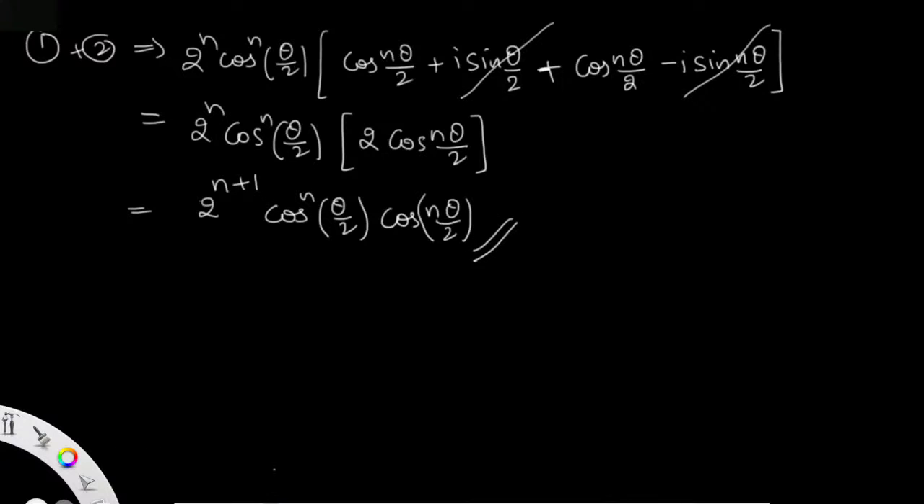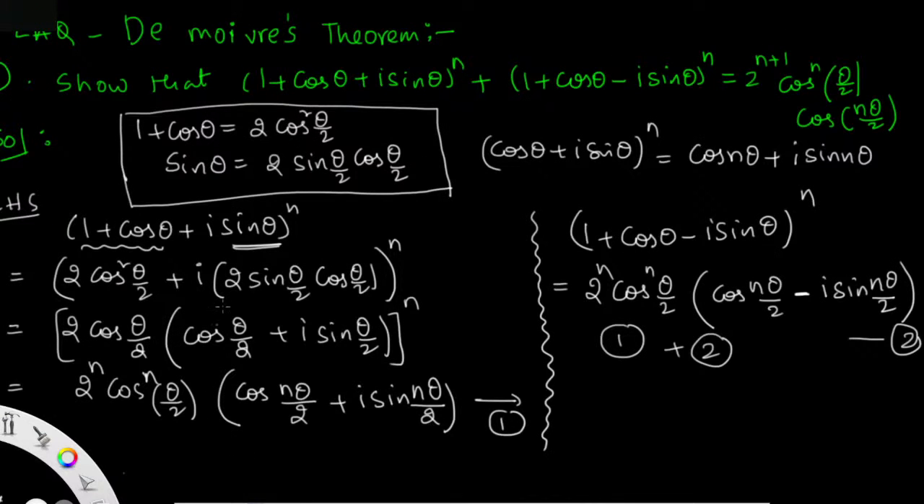So what is the question given? 1 plus cos theta plus i sin theta whole to the power of n plus 1 plus cos theta minus i sin theta whole to the power of n equal to this. So this is already proved, so that is why we have to apply it. This is based on the trigonometry formula. 1 plus cos theta is 2 cos square theta by 2, sin theta is 2 sin theta by 2 cos theta by 2. So 2 cos theta by 2 is common. So you get 2 to the power of n of cos to the power of n of theta by 2 into, as per De Moivre,